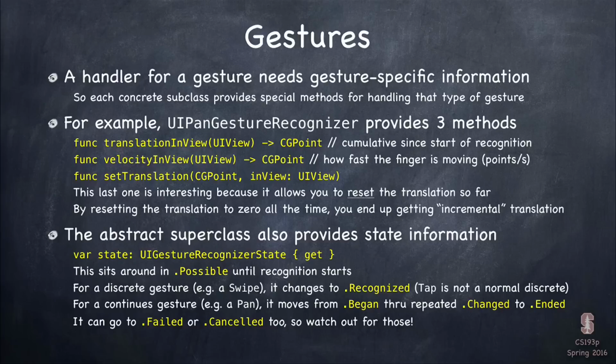If you're dealing with your pan incrementally, then who cares if it gets interrupted? You were moving the thing incrementally. If you're dealing with your pan with some big thing at the end, when the pan ends, then you better do in here what you were going to do when it ended. But a lot of times you don't care because you're doing all the work in changed, so canceled and failed is just like ended, but you don't notice the finger going up. Well, no big deal. So now that I have all this information about a pan gesture,